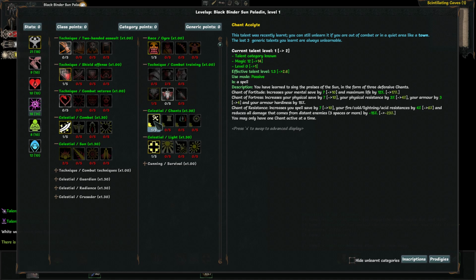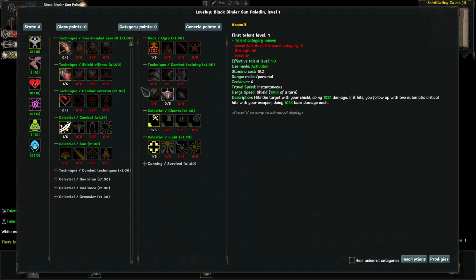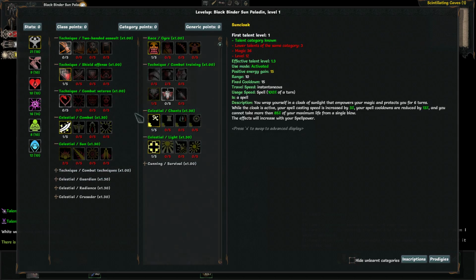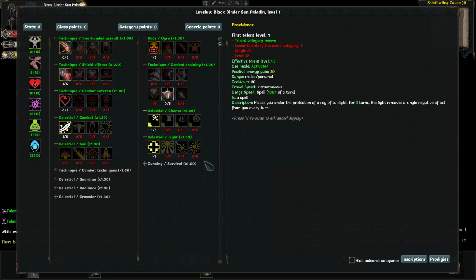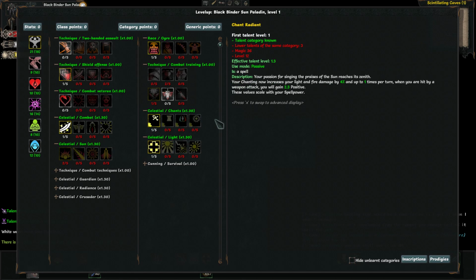It reduces damage from distant enemies by 15%. I was going to say we're weak to those, but really we're weak to everything. If you've gone through these before, you'll have noticed we don't really get any passive damage resistance. We can lower the damage of enemies, but we rarely get any mitigation other than these chants. So